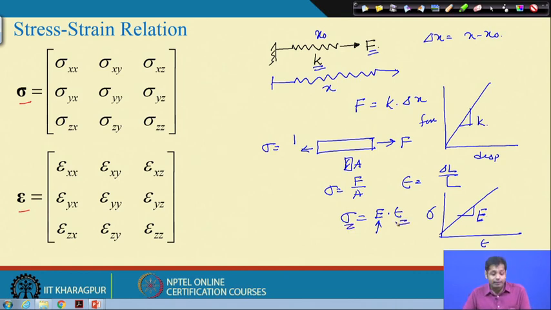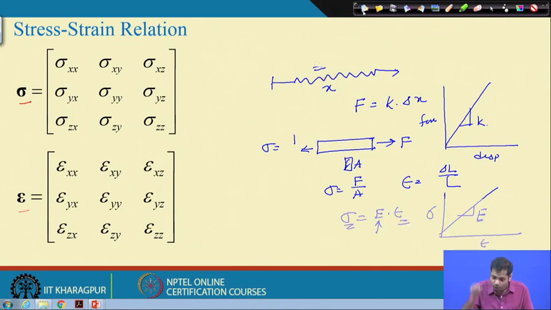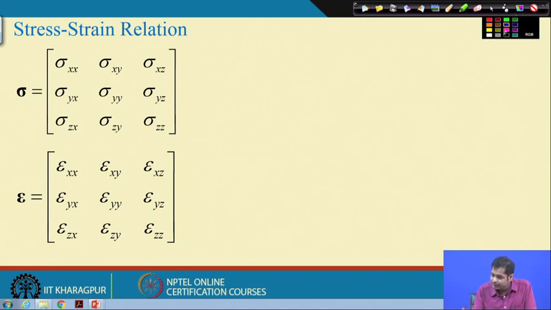Now, in this case we do not have just one component of stress and one component of strain. We have 6 stress components and 6 strain components. So we have to find out the relation between this tensor and this tensor. Let this tensor be sigma ij